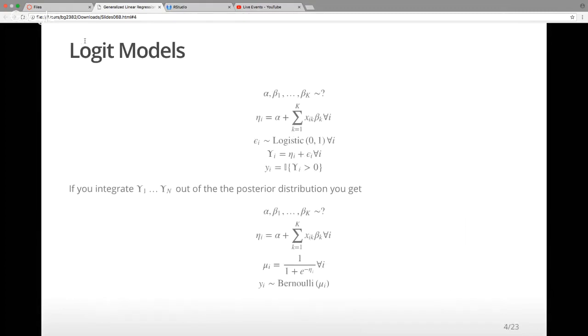Okay, so one example of a generalized linear model is a Logit model where the outcome is 0 or 1. There's a couple different ways to motivate a Logit model. So we have the first steps that we had before. One way to motivate a Logit model is to introduce an error that is drawn from a standard logistic distribution. And then we can define the sum of eta and epsilon to be this Greek letter,